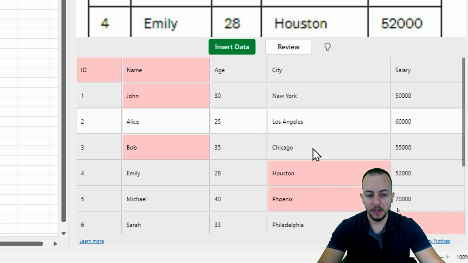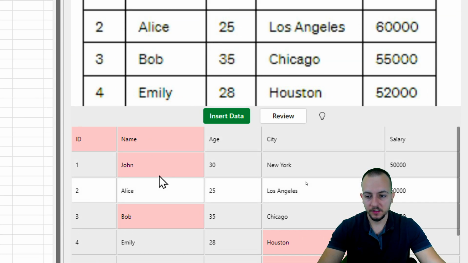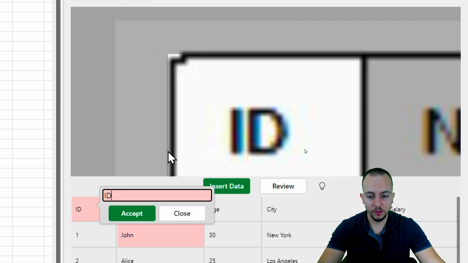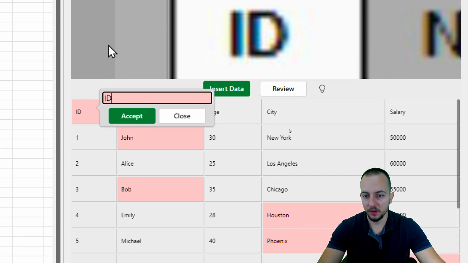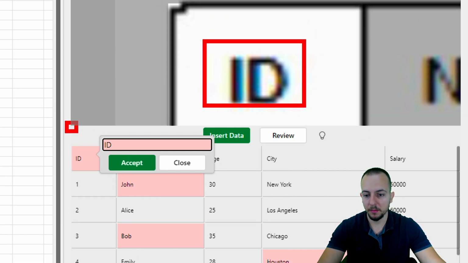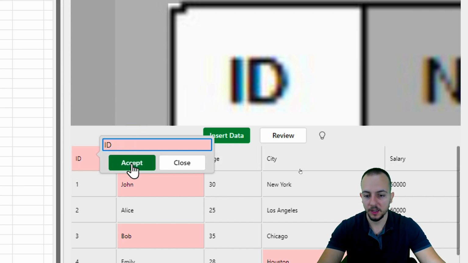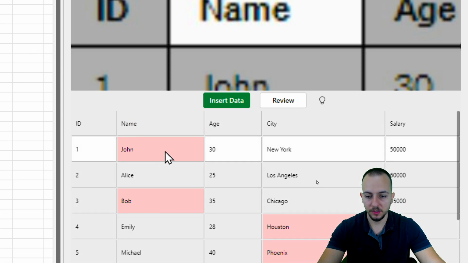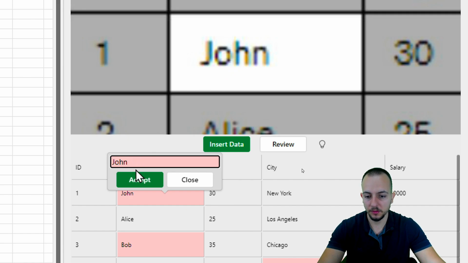To make sure everything is correct, I can click, let's say, the first reddish cell that I have, and then Excel is going to show me the data within the photo and also the data within the cell, and we can see if the values match. Here it is correct, so I can click Accept, and then I can move to the second one. Okay, name is equal to name, so it's correct. And then I can move to the third one, John, yeah, it is equal to John, so Accept, and on and